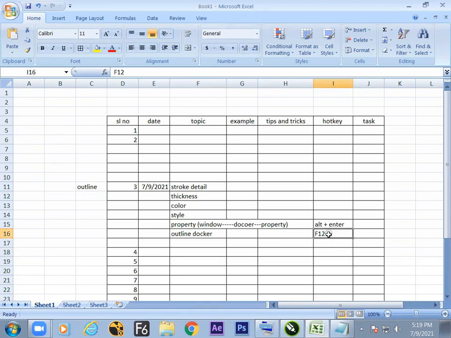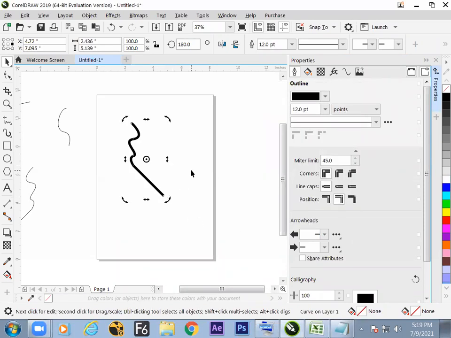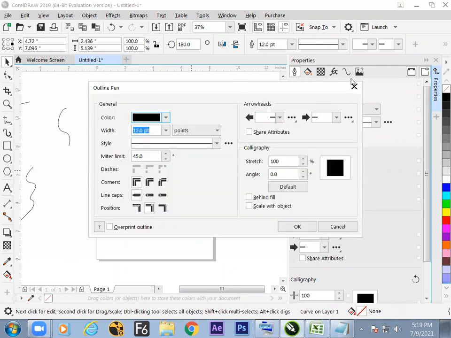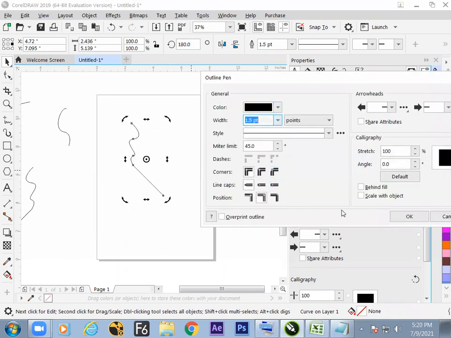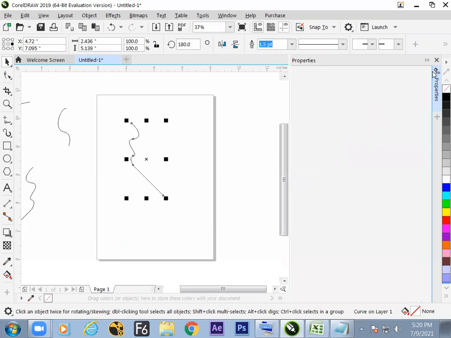So this is a hotkey to remember. Often we'll be changing these things. Whichever stroke we have selected can be changed by F12. So hope we got to know how to change a thickness itself. Three windows pop up, but it can be done directly on the option bar. Yes, we can close it also here.